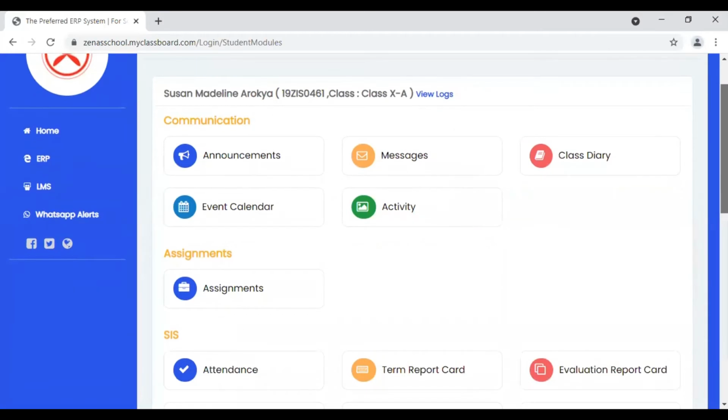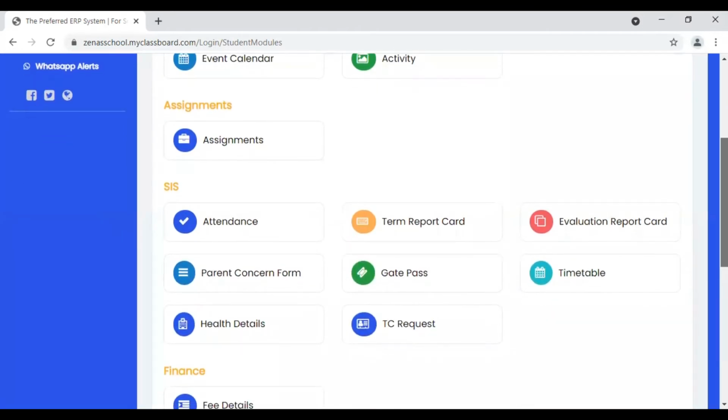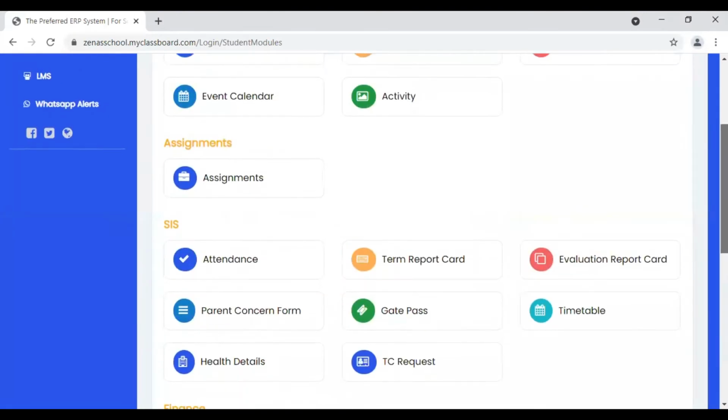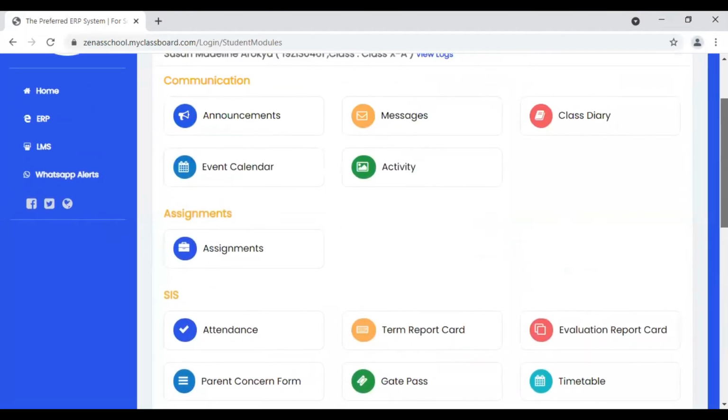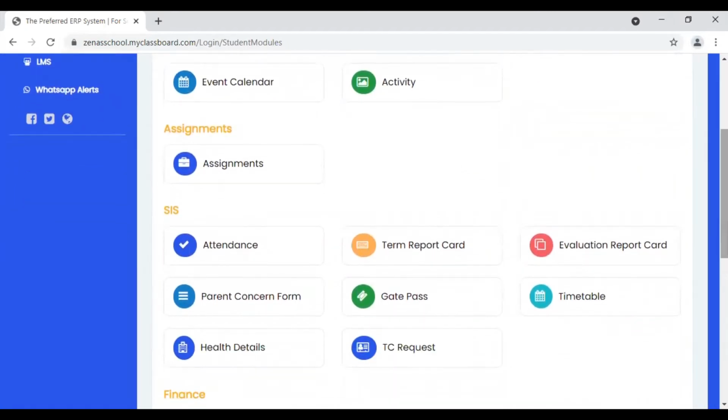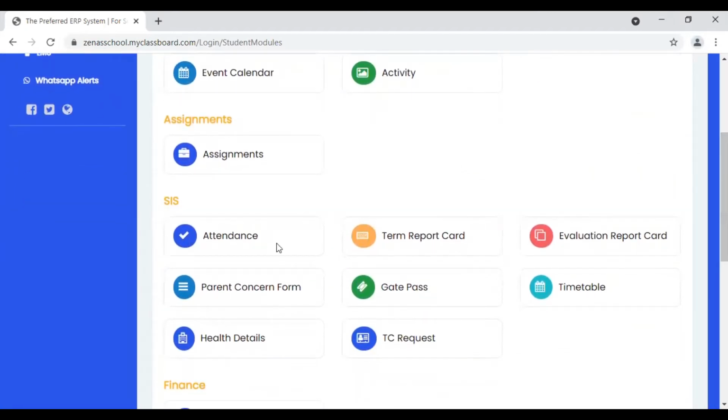Here you could find various options: the communication module, assignments module, SIS module, finance module, admissions module, library, LMS and more. We are going to use a few modules like communications and assignments. If you want to view your child's attendance, you can view it here.